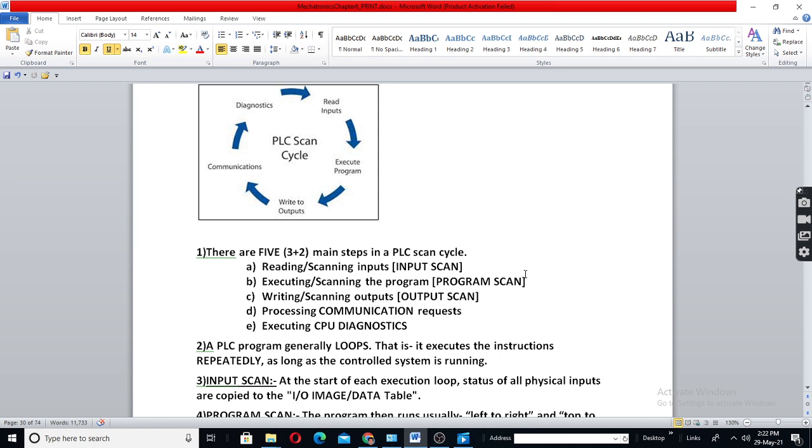Suppose your friend comes, then the program will be different. Suppose a policeman comes, program will be different. So you will scan inputs and outputs, means read inputs and write outputs.